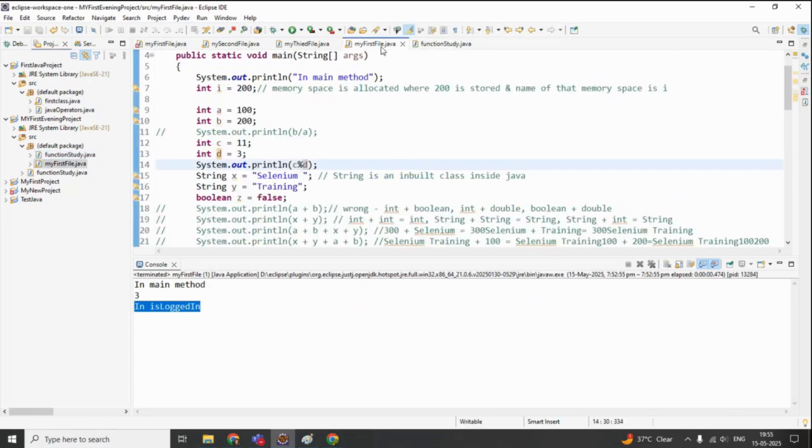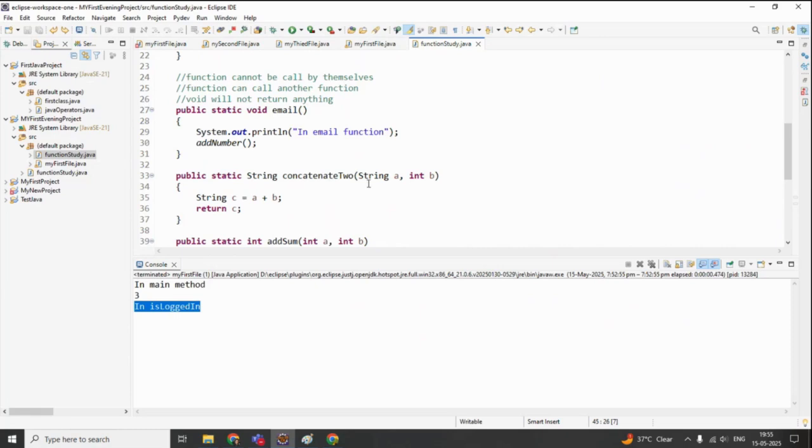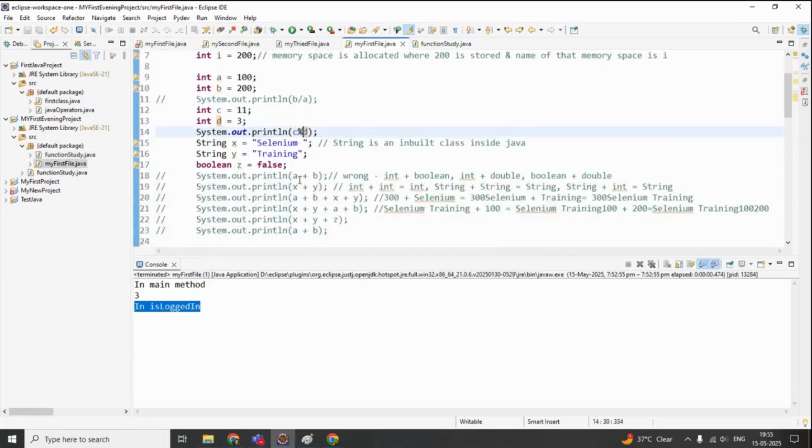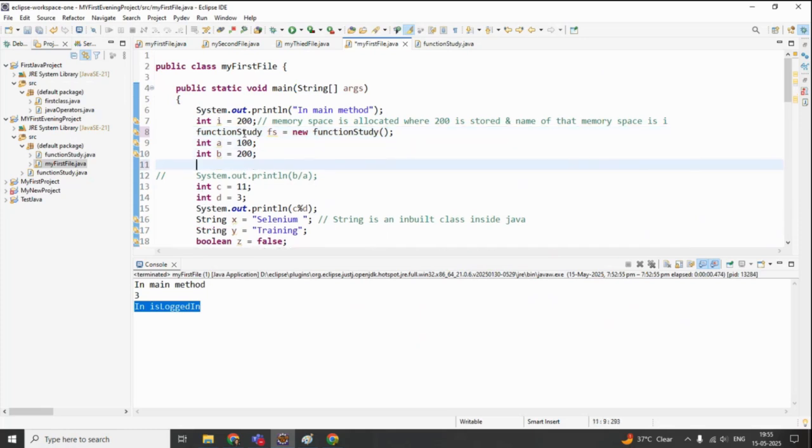Now suppose these are two functions, my first file and function study. In function study, I have my function. Now here I want to call that function. How can I call it? I can say FunctionStudy fs equal to new FunctionStudy. Now say if I want to add a and b, I will simply say int val equal